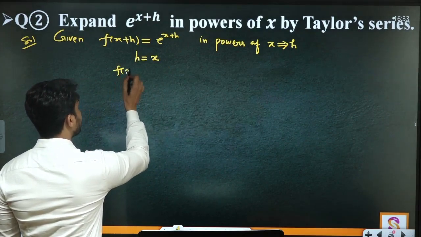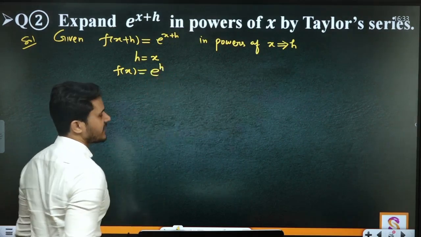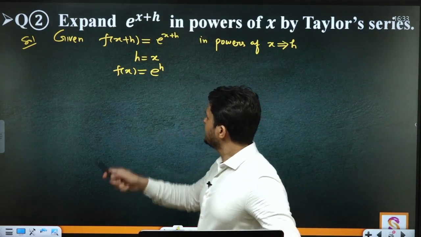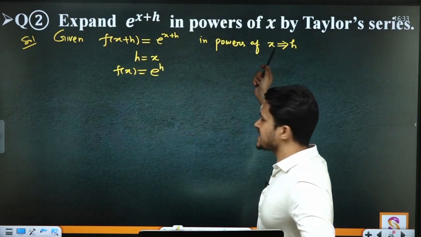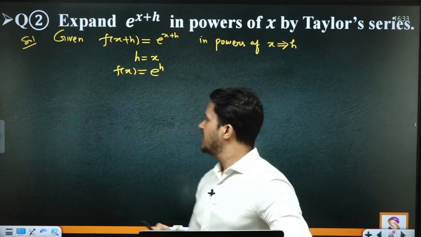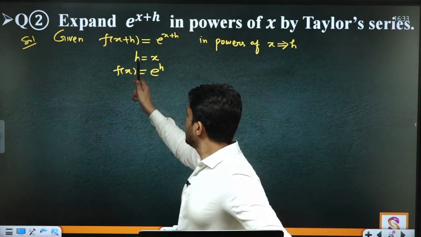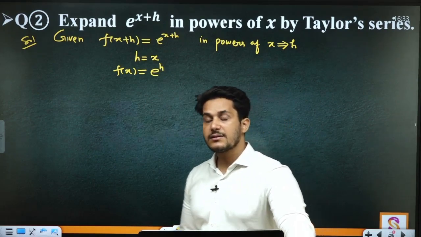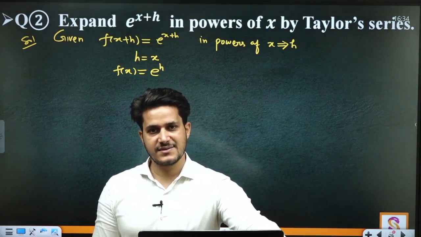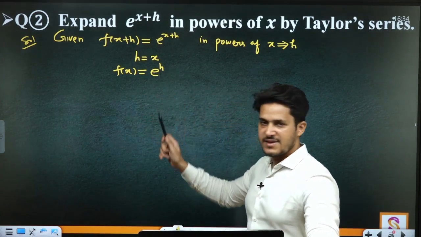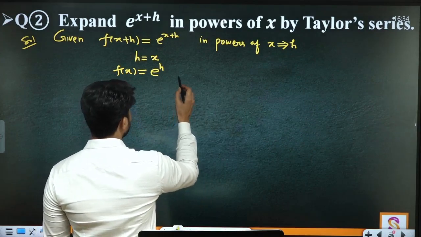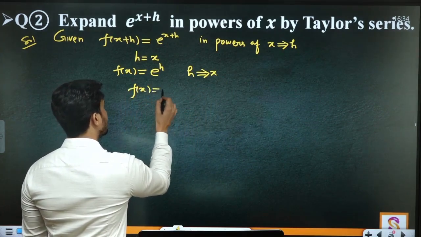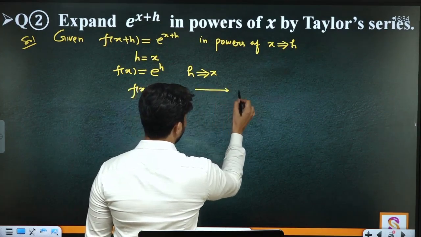तो अब असल में फंक्शन fx कितना हो गया? e to the power h हो गया। अब समझ में आया कि h का काम x कर रहा है तो x का काम h करेगा। देखो f x plus h equal to e to the power x plus h in powers of x, जिसकी टर्म में बोलेंगे वही h होगा। So x तो h बना, replacing this x, e to the power h will be your function and you have to differentiate this function like you have differentiate e to the power x, e to the power x का जैसे डिफरेंशिएशन होता है ठीक वैसे ही यहाँ पर आप इसका डिफरेंशिएशन करेंगे। मींस यहाँ h की वैल्यू x के काम करेगा। That's why fx equal to e to the power x।